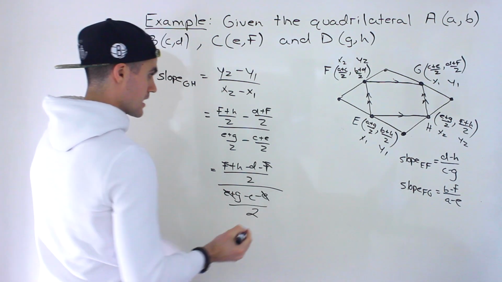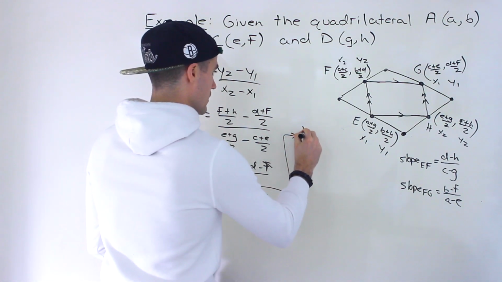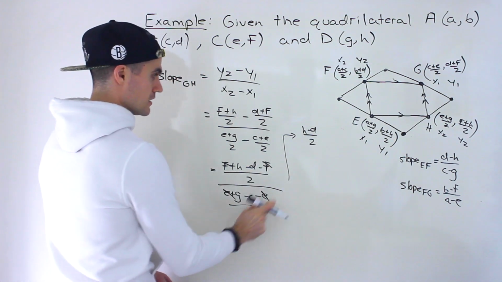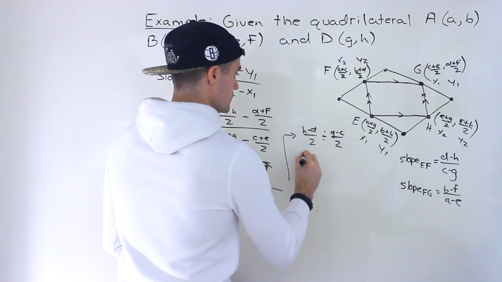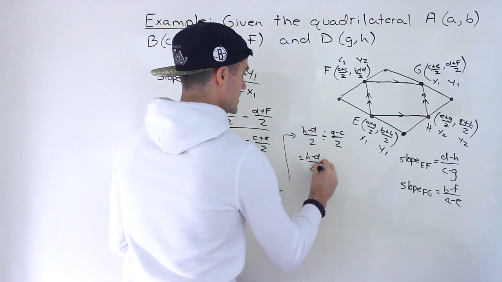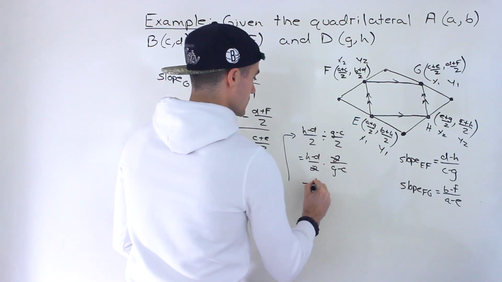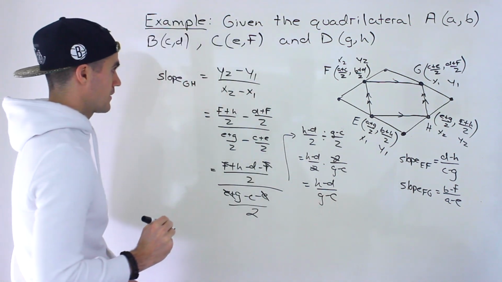Yeah, so the e's cancel out. Okay, and so we're left with h minus d over 2 divided by g minus c over 2, which would be h minus d over 2 times 2 over g minus c. The 2's cancel out, so we'd end up with h minus d over g minus c, like that,